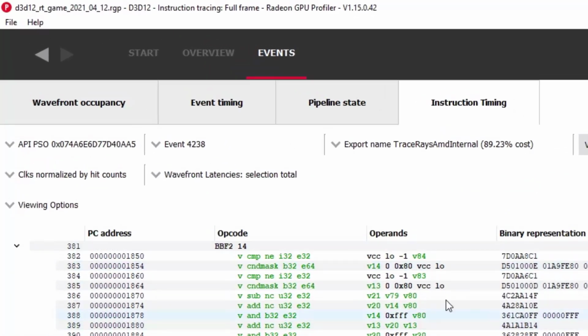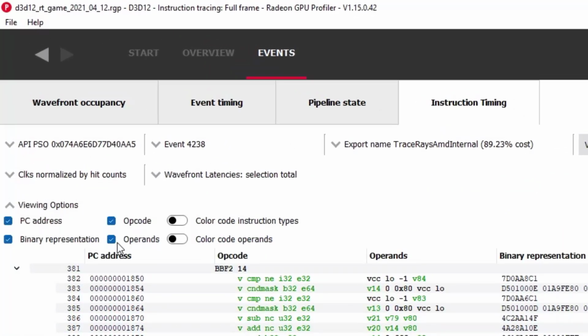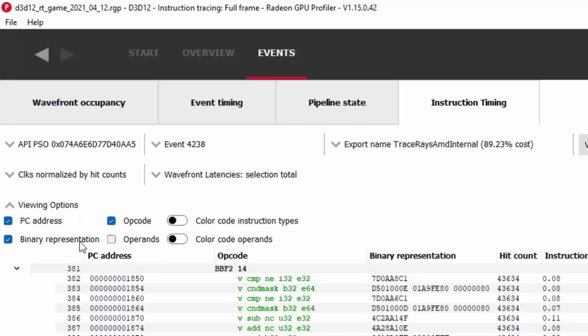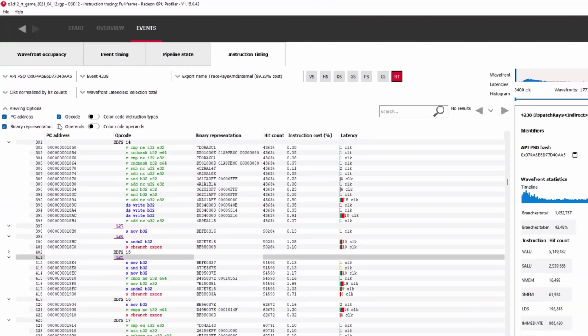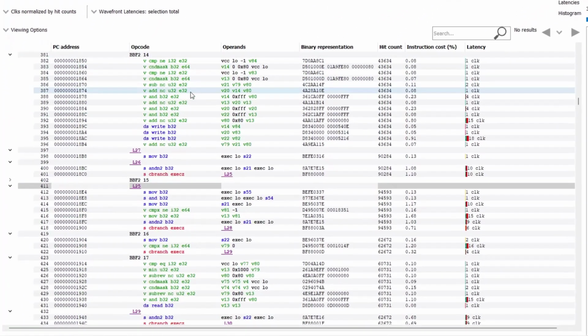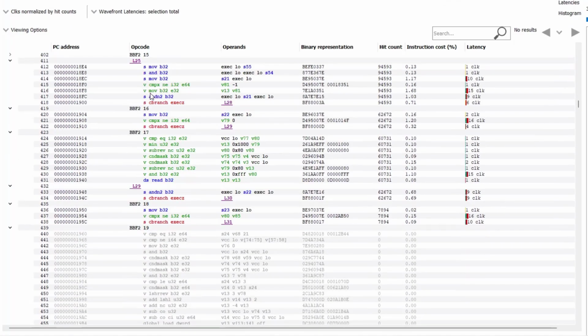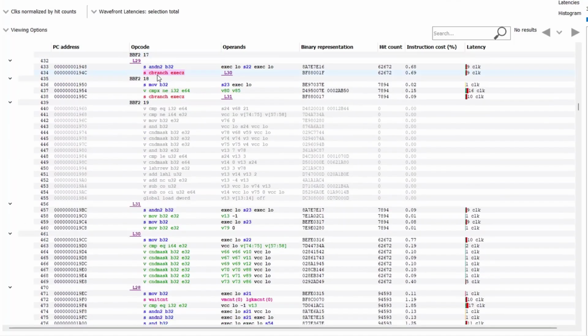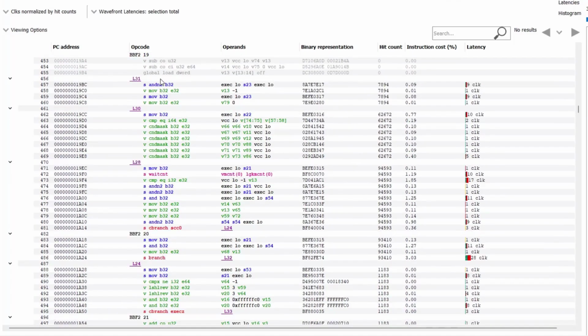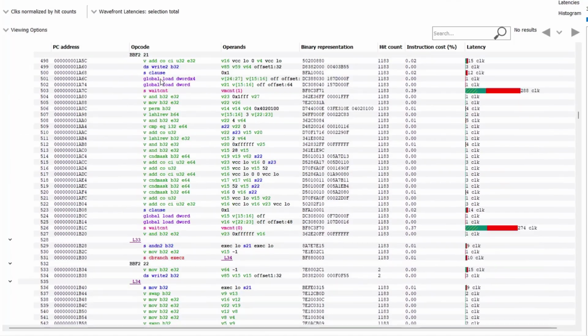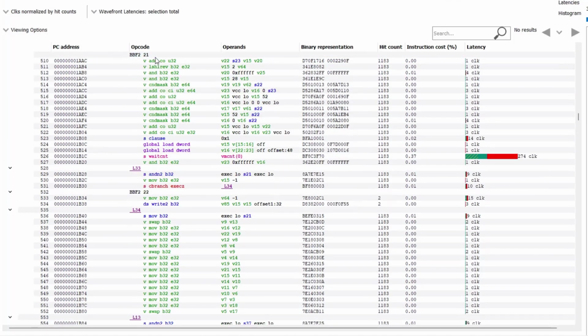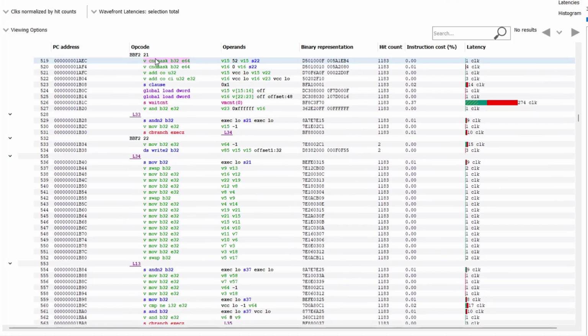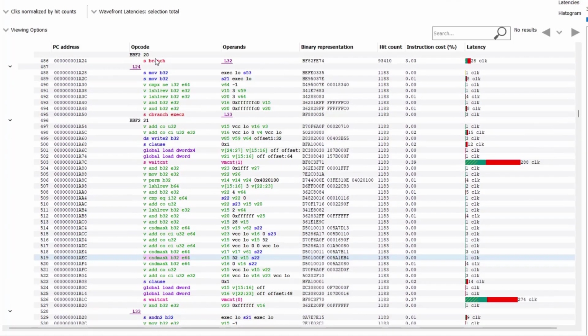We are also giving the user more control over which columns are shown. So if you decide you only want to see the instruction opcodes, but not the arguments or the offsets, you can customize the view to your liking. One other subtle change that will make it easier to know where you are within a shader is that the label associated with the current code block will always be visible, pinned to the top of the view. So if you're scrolling through a shader's disassembly, you can quickly see exactly which part of the shader you are looking at. The plan is for this new ISA view to be included in the next major RGP release.